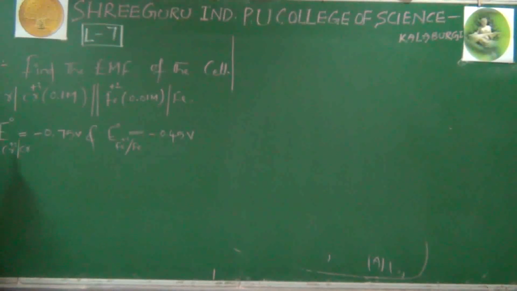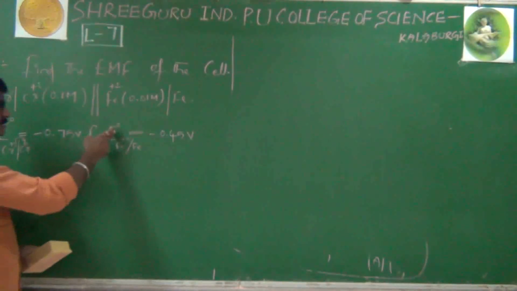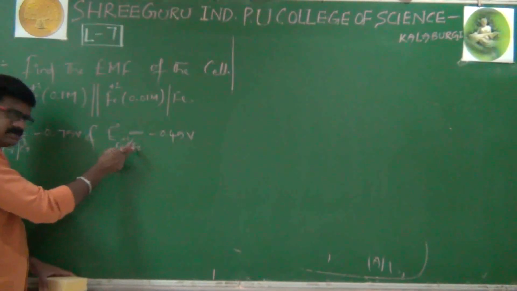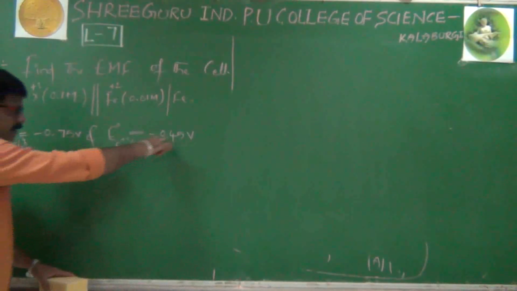Okay, I'll repeat once again. Cr plus 3 converted to Cr 0, 3 converted to 0, decrease in oxidation state, nothing but reduction symbol. E naught, nothing but standard condition. Standard reduction potential of chromium value already given, that is minus 0.75 volts. It is a constant value. We have calculated this value with the help of SHE. Next, E naught, Fe plus 2 oblique Fe, again a standard reduction potential of iron value also given.